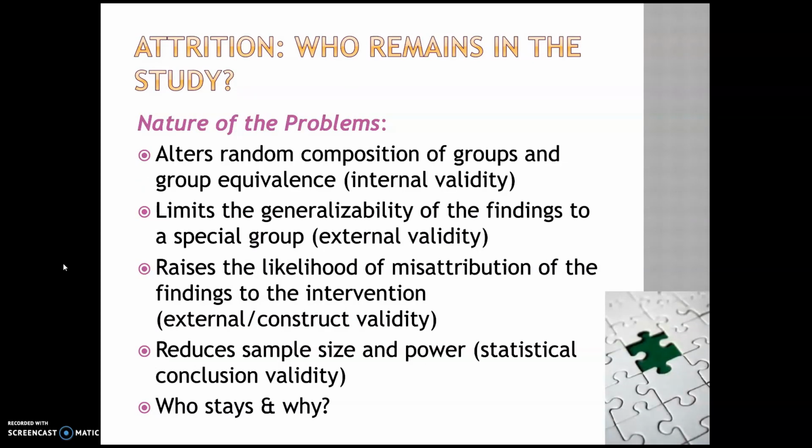Attrition. I want to make sure you remember that word, by the way. Attrition is a great term from research. Basically, it means who drops out, who joins your study and stays, and who drops out of your study. And the problem is attrition, even if it's very small, really has an impact on the validity of the study, right? So your study is no longer random. If you bother to have a random sample and a random assignment, when people drop out, that changes it. It's technically not random anymore.